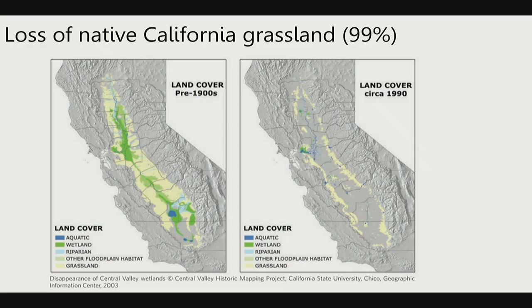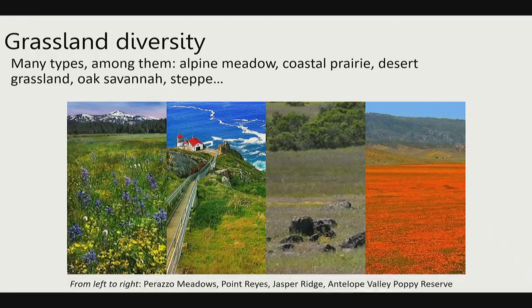But then, as we see intensity of agriculture, urbanization, development, human colonization, we just kind of have this relic ring of grasslands around the edge of the Central Valley, right? So I think 95 to 97% of native grasslands in California across the whole state are gone. So like a lot of other native ecosystems, it is in decline because we as humans historically like agriculture. We like to eat. We have to live in towns and cities as well, right?